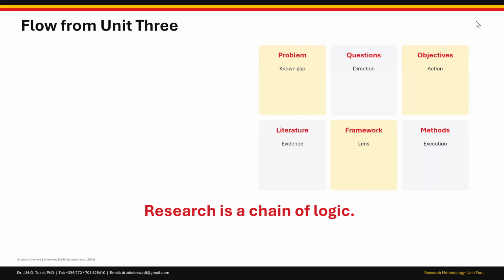Very key, very important. In academic research, colleagues, methodology is therefore not an ordinary chapter. It is the logic of the entire study. Research is a chain of logic. Mark you. I want to give an example, colleagues, that a student may have a topic on hand hygiene